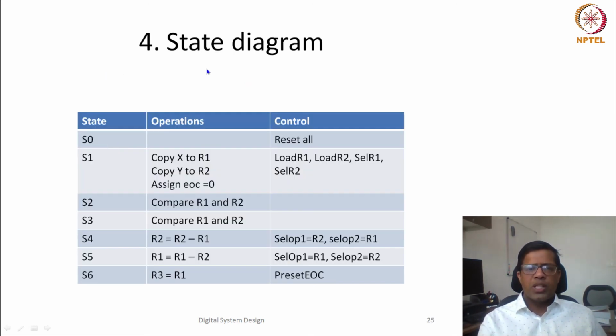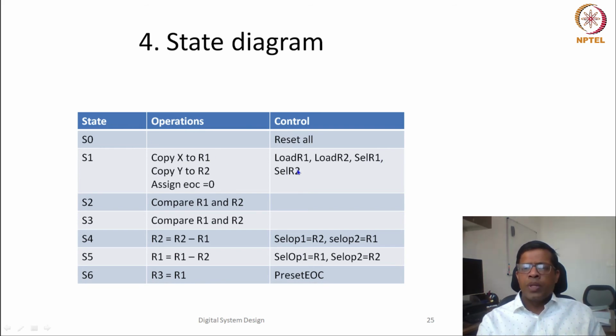So these operations are being written here: in S0, no operation is done. In S1, X, B is being copied to R1. That means load R1 would select X and write it to R1, and along with that, load R1 would be set to 1 and select R1 is also set to 0 such that